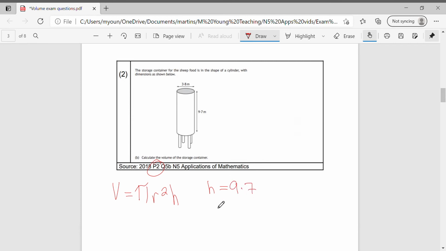and the radius, I'm not given that, I'm given the diameter, so I need to make sure that I halve that. So 3.8, divide that by 2, make sure you're doing everything in your calculator, might as well, but that's just going to be 1.9. Now I can put all that into the formula, so pi times 1.9 squared times the height 9.7, so the volume, shift pi times 1.9 squared times 9.7, and I'm getting an answer of